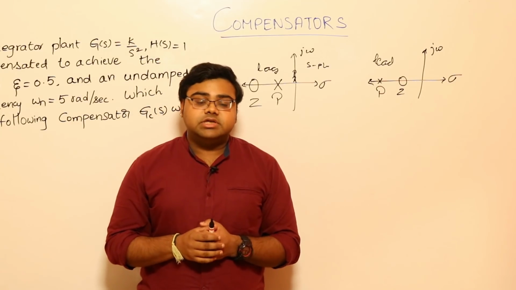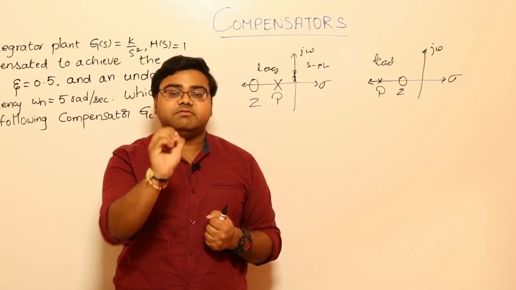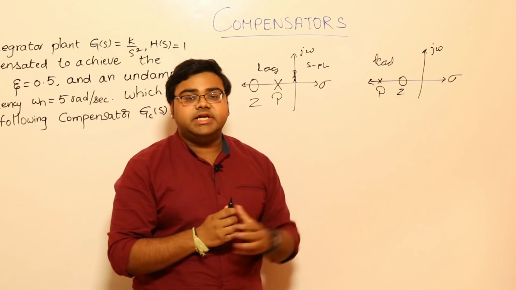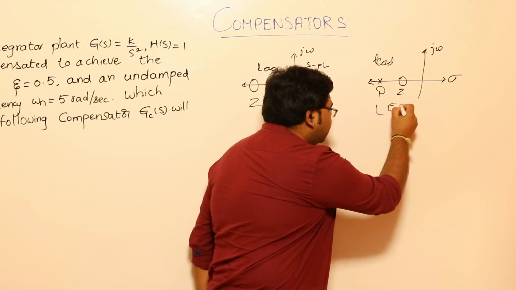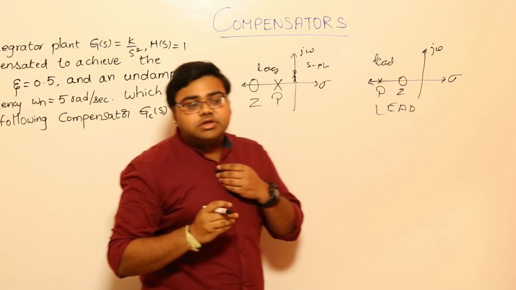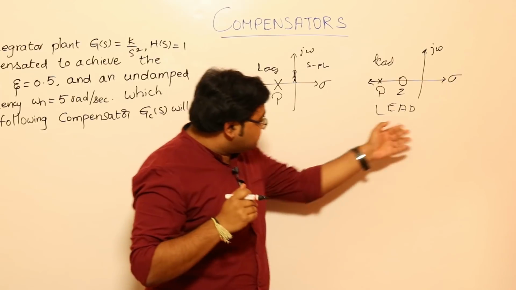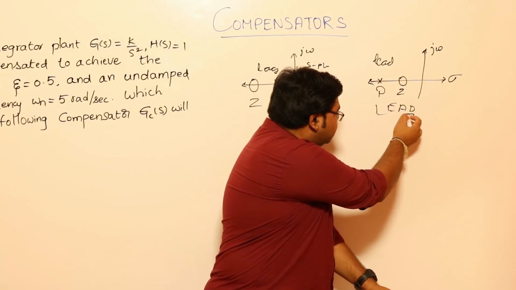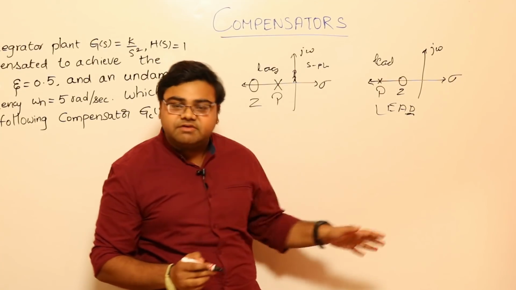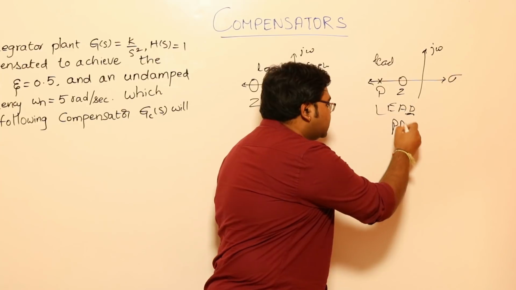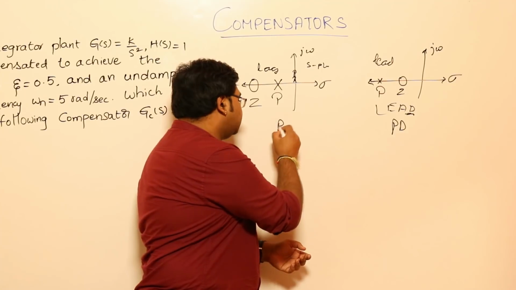Now to solve that confusion, you don't have to remember any technical knowledge or anything like that. Trust me, you have to just remember one thing. Look at the spelling of lead. What is the spelling of lead? L-E-A-D, right? Because this is the spelling of lead, you see the D is over here, this is like the PD controller. Very simple to remember. You can never forget this. Lead compensator is nothing but a PD controller. So because this is PD controller, this has to be a PI controller.